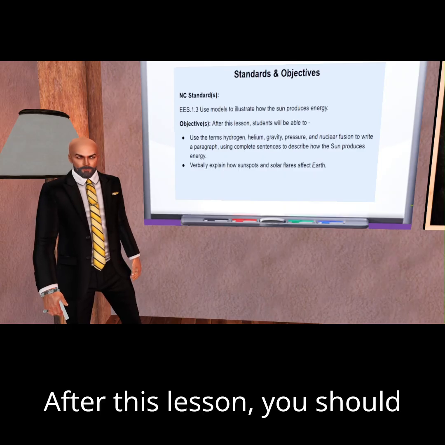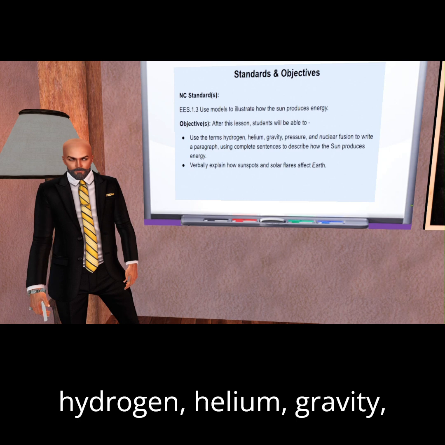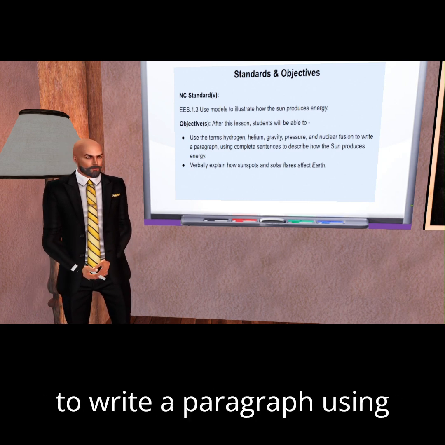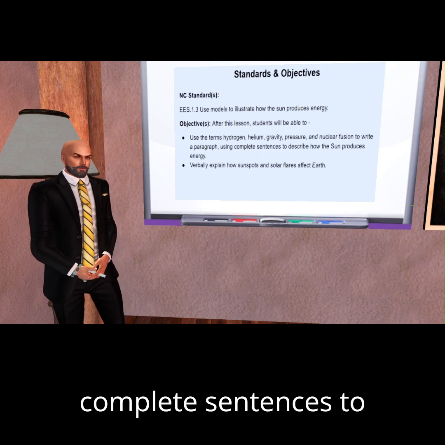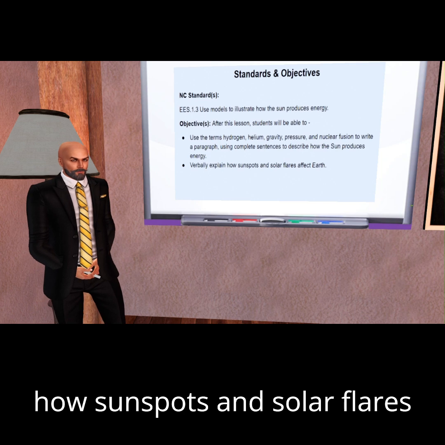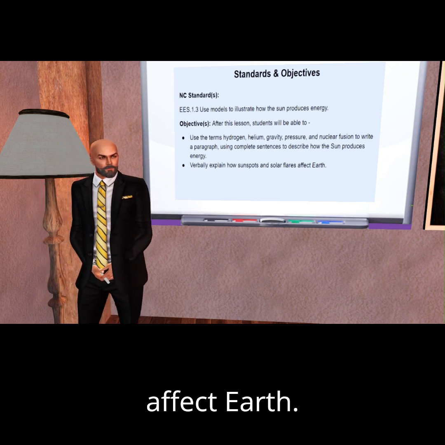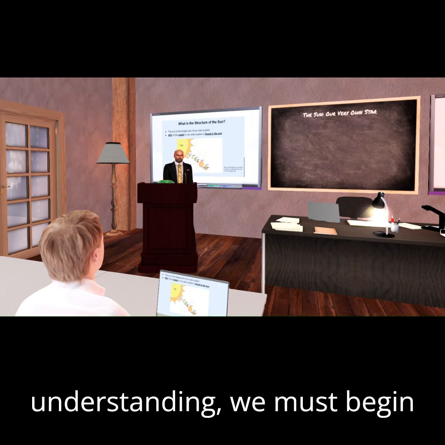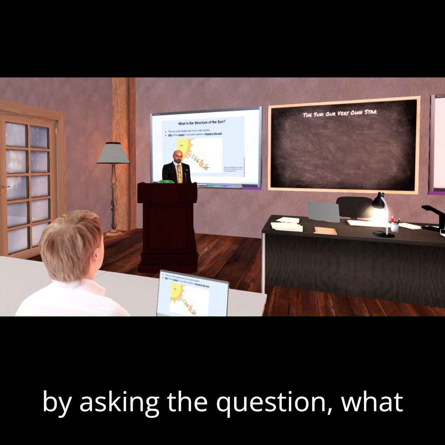After this lesson, you should be able to use the terms hydrogen, helium, gravity, pressure, and nuclear fusion to write a paragraph using complete sentences to describe how the Sun produces energy, and verbally explain how sunspots and solar flares affect Earth. To begin our journey of understanding, we must begin by asking the question, what is the structure of